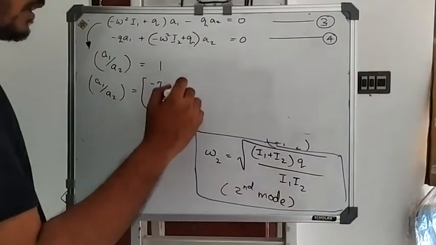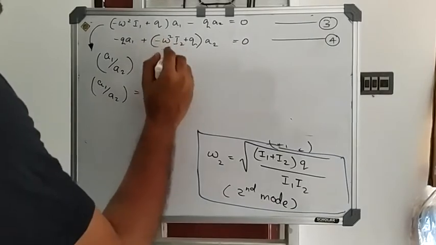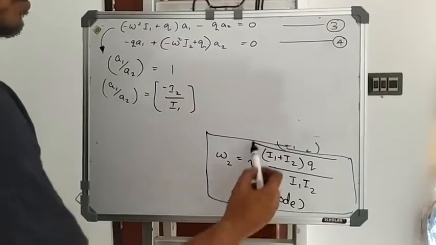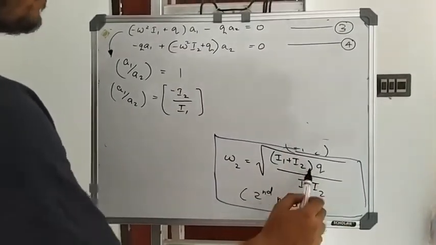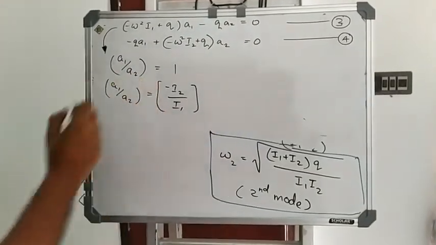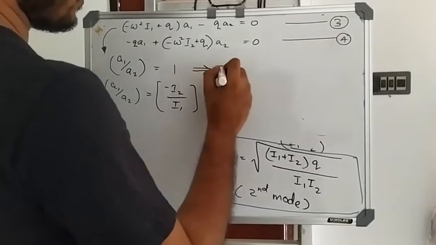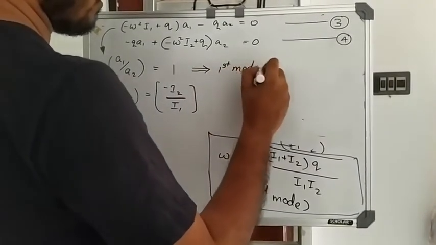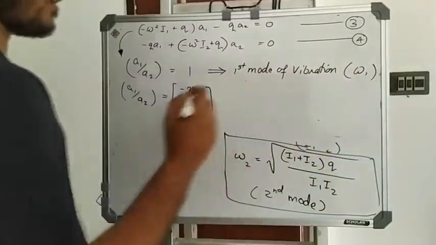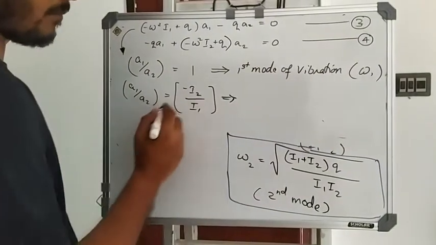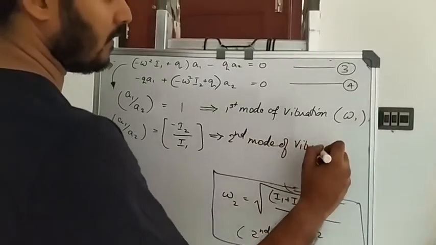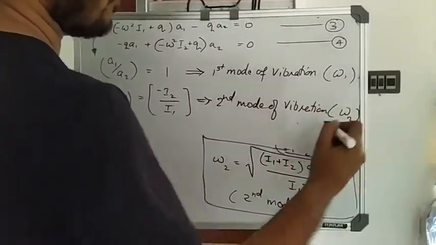See, you have to clearly substitute this one here. That means in place of omega, you have to substitute the root of this value. Sorry, this already has omega square. So, excluding the radical, you have to substitute this value here and try it out. You have to write it down and you will obtain this value. Now, what we have obtained, this is the value for the ratio of amplitudes for the first mode of vibration, because we have given the value of omega 1 here. Now, this is the value of the ratio of amplitudes for the second mode of vibration, because we have given the value of omega 2 here.